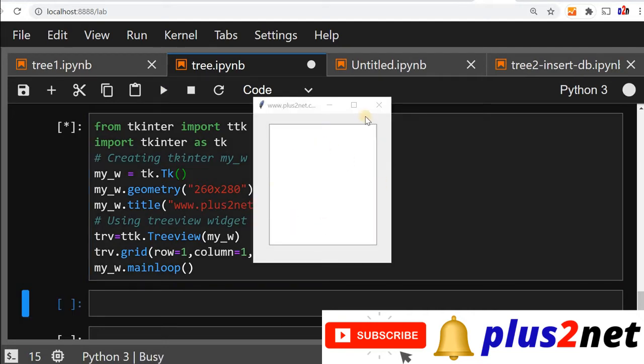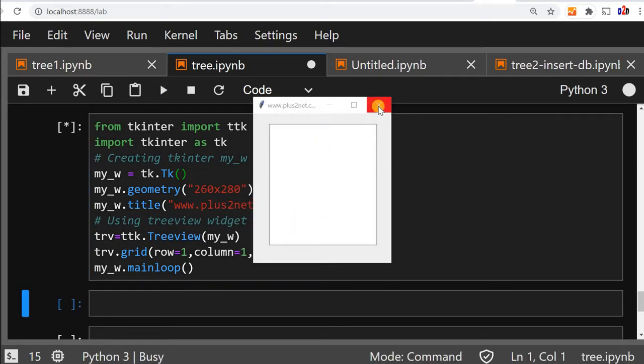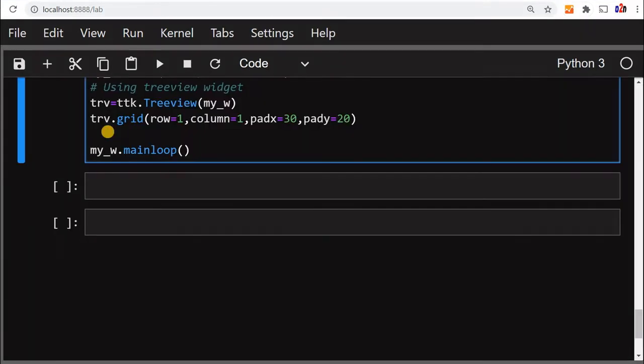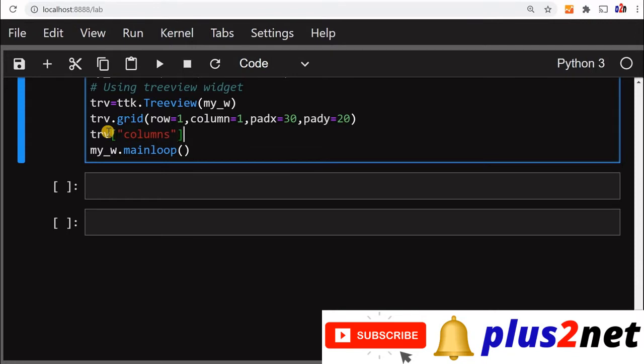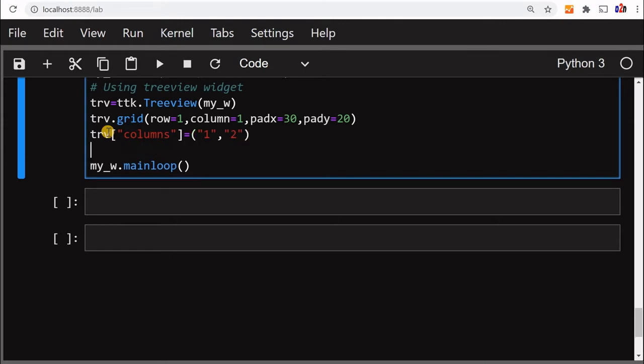You can see this is our tree view. We'll add more stuff to this now. We'll add headings and columns to this. So for that, let's start with some column identifiers. So we'll go with columns equal to, let's say it's a tuple, so two columns we'll use. One is id and name. Id and name will display. So let's do, here declared.